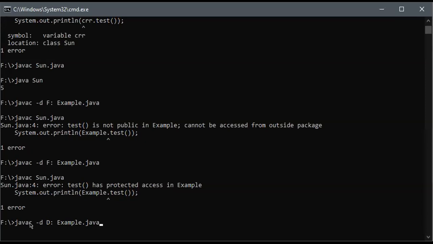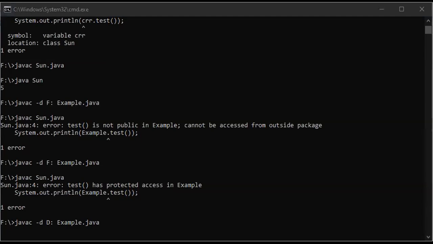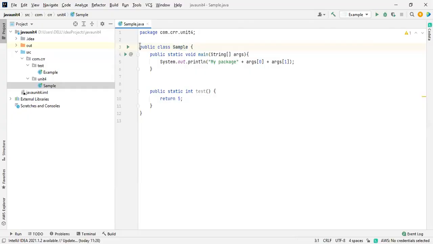What is the interpreter? The interpreter goes line by line. When you write a program, let me show you again why I'm explaining this, because it is very important. See this one. It goes line by line. But in terms of performance, why does Java perform so well? Because it has an interpreter as well as a compiler.